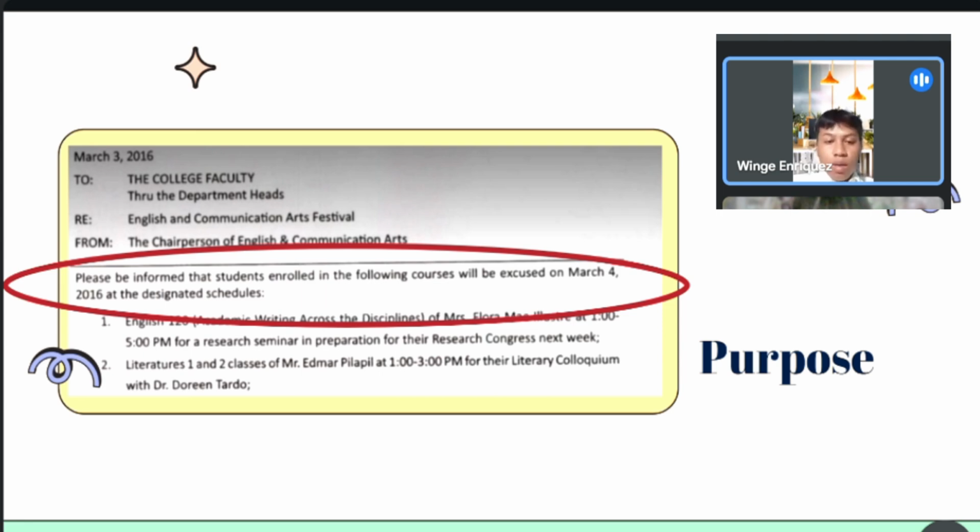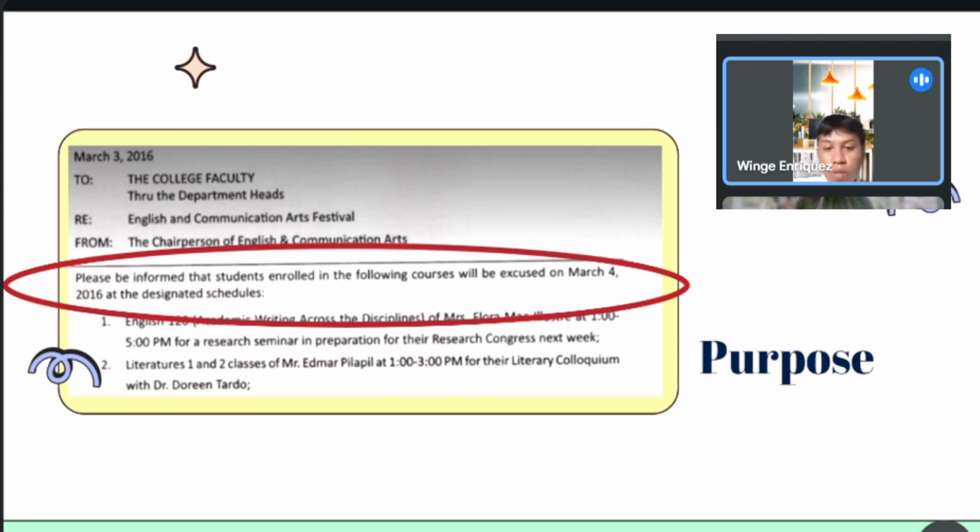Number two, it sets expectations. It outlines what the reader should understand or do after the event. Number three, it saves time. By quickly providing the context, it helps readers grasp the memo's real value and importance without having to read through the entire document.